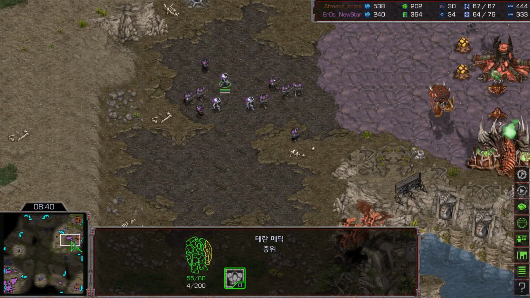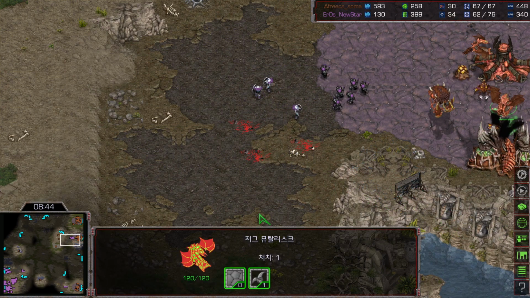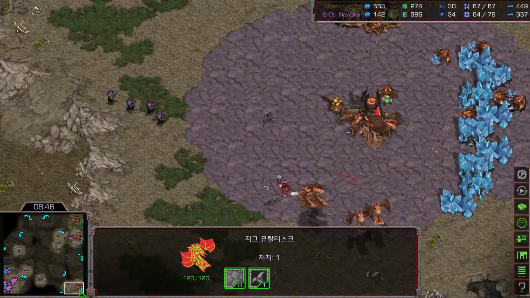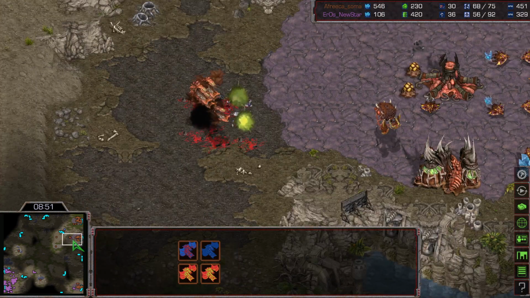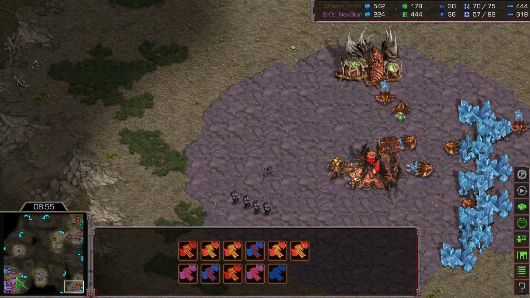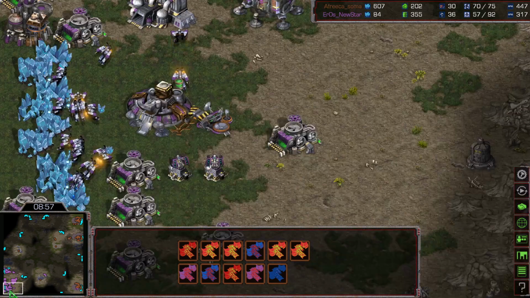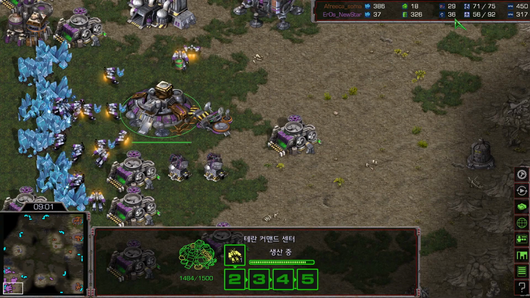energy. I think Light decided to go for the move here, but the +1 attack of a Muta is just eating up the Marines really well here too. So he did manage to kill this Marine Medic ball over there and at the natural at the same time. But in the meantime, while Light has been doing all this damage, Light finally got that SCV count back